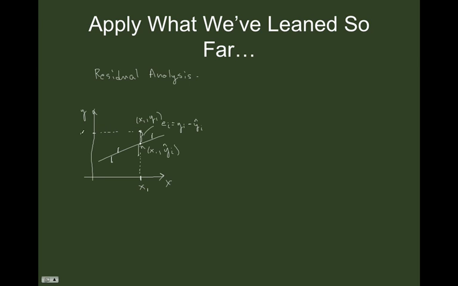This particular value on the y-axis is the y1. And of course, the predicted value, y hat, comes from the best fit line. By plugging in that x value into this equation, we get the y value out of the equation. Okay, so the residual is the difference between the observed value and the predicted value. So in the scatter plot I just showed you,